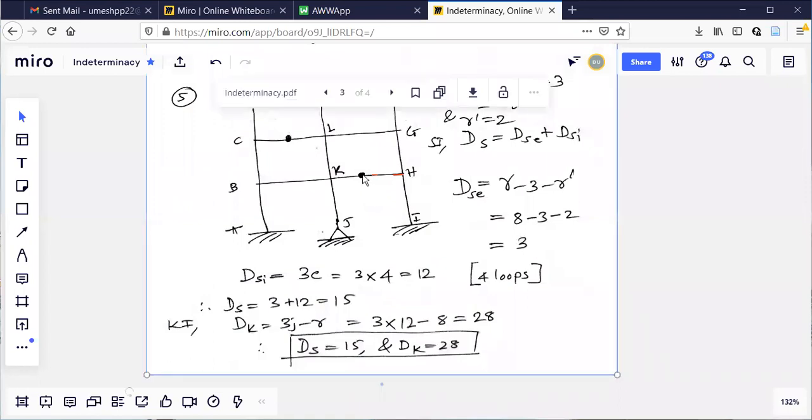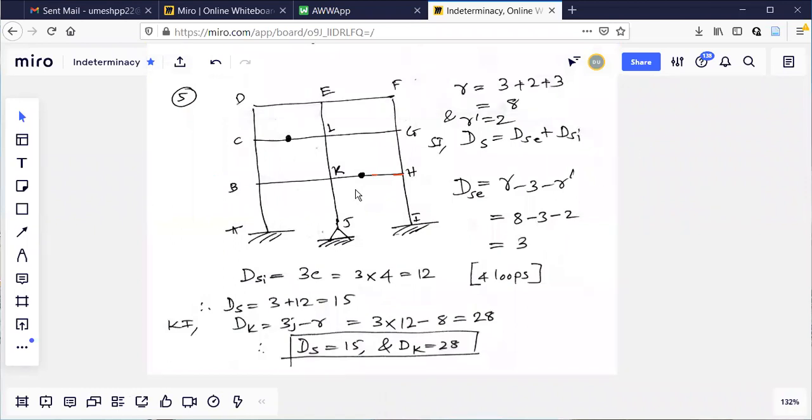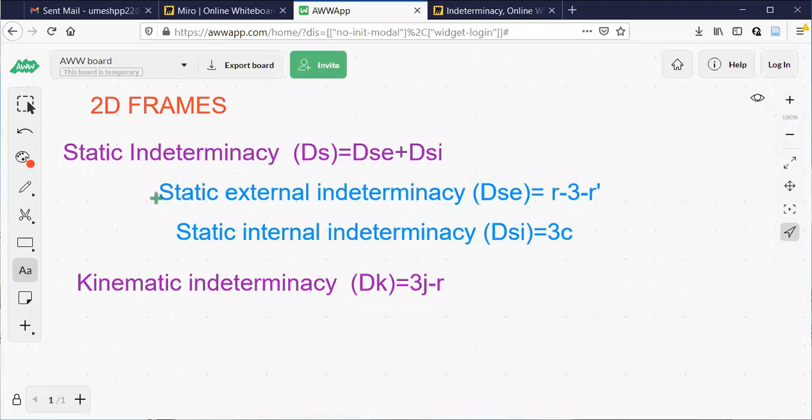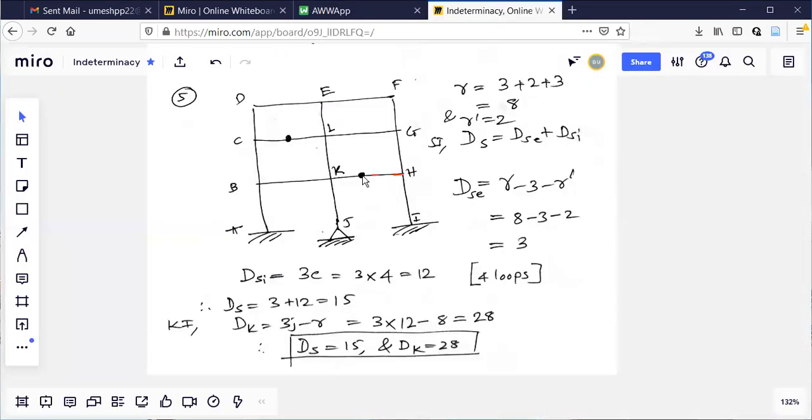One is here, you can see. One more is here. Now observe this one. I will explain how to solve this. Again, I am going to use the same formula here. Now r dash will come into play. r dash was not used till now because there were no hinges. See, there are 2 hinges, here and here. Now how to find this? Observe.